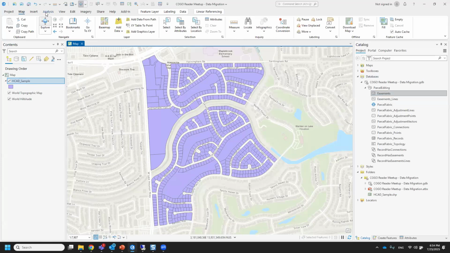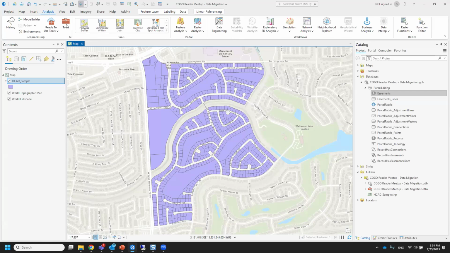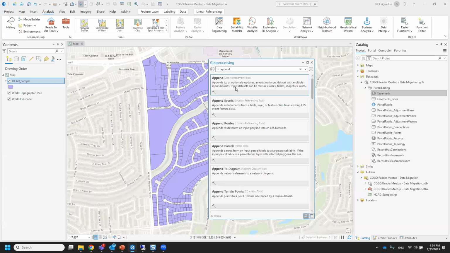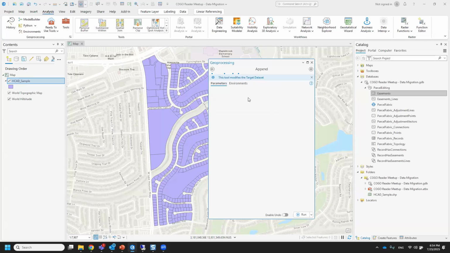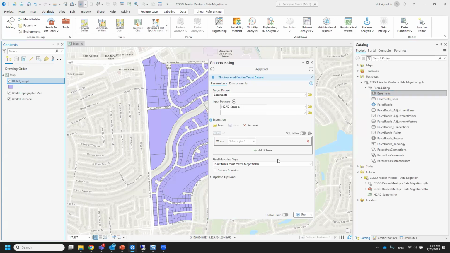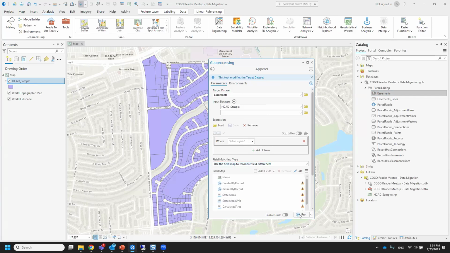Now that we have the same schema, not exactly the same thing, but same fields, all I need to do is to append my source data to my target data. So we use a geoprocessing tool that you all probably know very well, called append. Append is here. It asks for the target data set. These are those easements we created. I'm going to copy, drag and drop. The source data is here. And we are going to use the second option because the schemas are not identical, and press run. This will append the source data to the target,